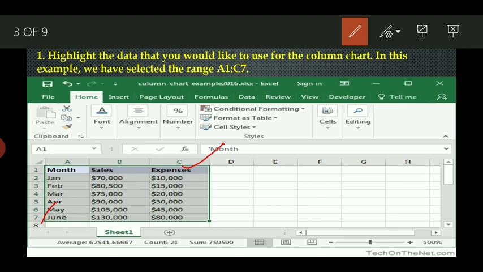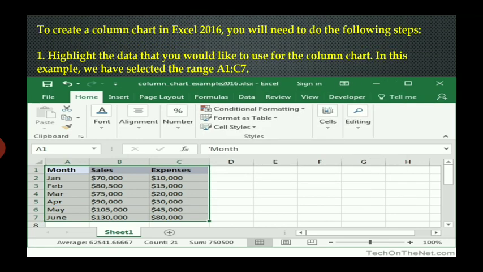First we have to select it. After selecting this, first you have to enter the data, and then we have to select the cells, whatever your cell address is. Like my cell address is from A1 to C7. So I have selected the cells. The next step,